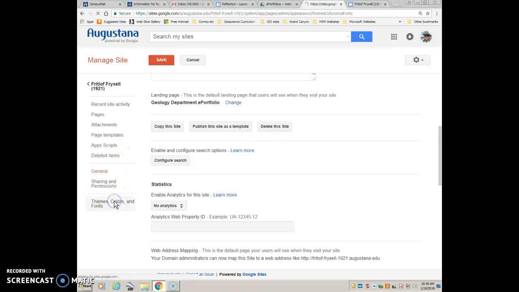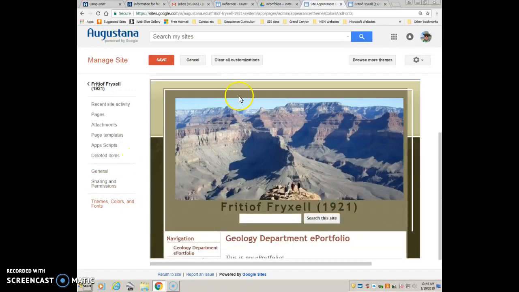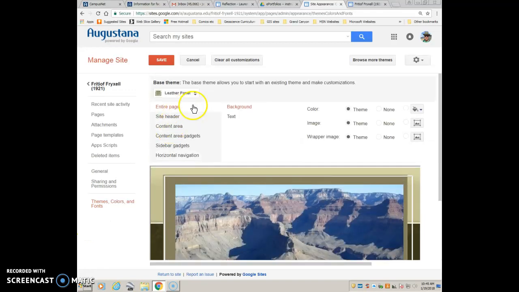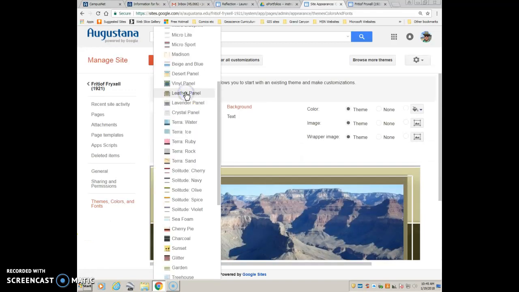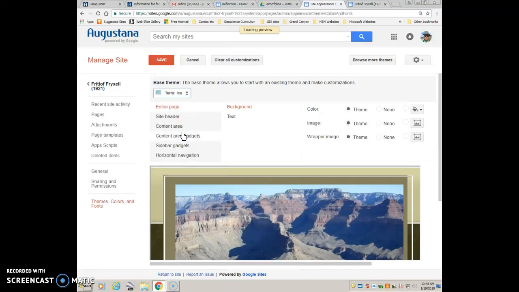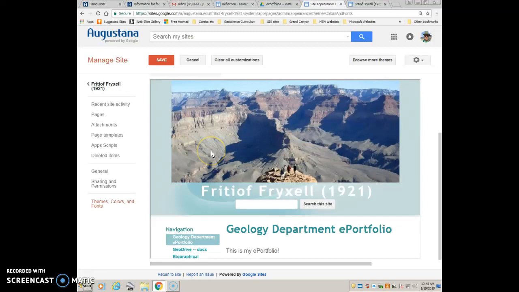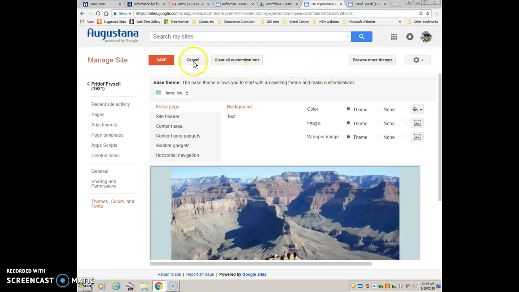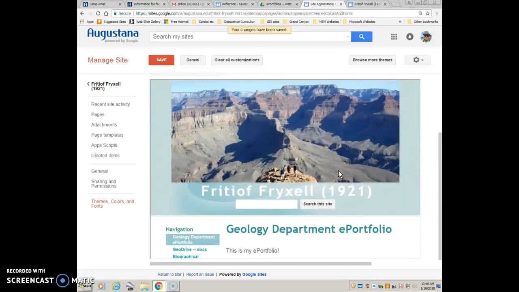If you want to change the themes and colors, you're welcome to do that. You just click on that, and then if you come up to the top here, the easiest thing to do is just choose another theme. Ice, whatever. You can customize it to your heart's content. So there it is. I just changed the color from nice earth tones to a more glacially focused theme. Saving. All right, and I'm almost out of time. That's about it, and